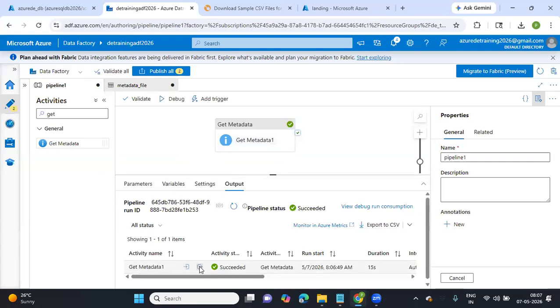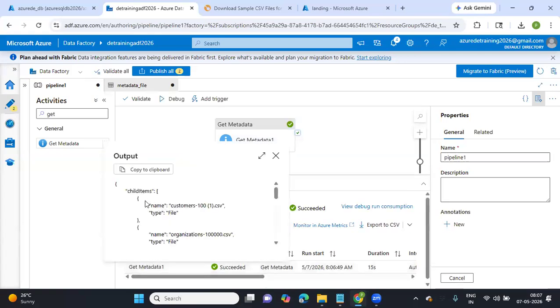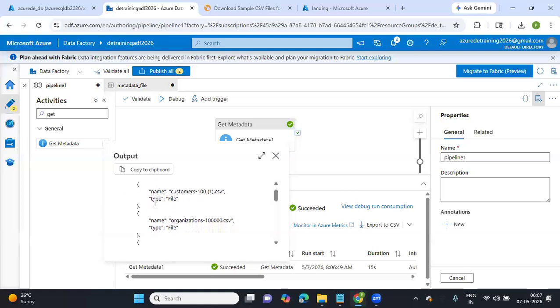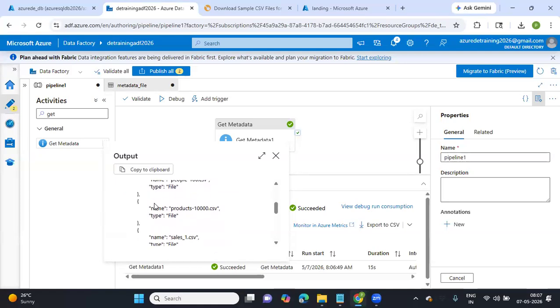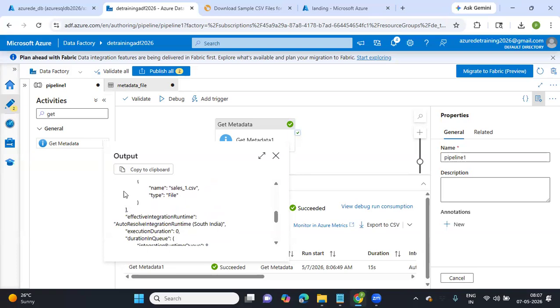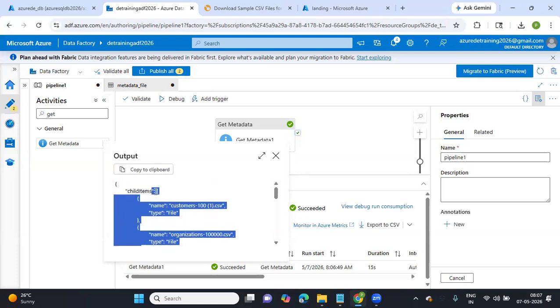Okay, it was successful. Let us see. Okay, these are the child items available. So into my next activity,